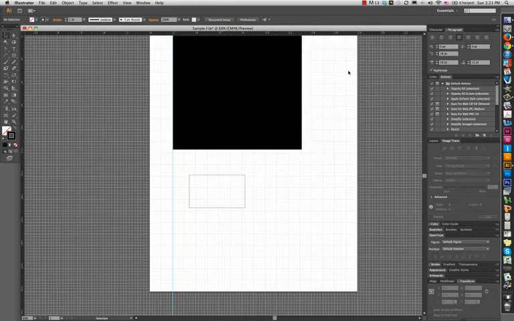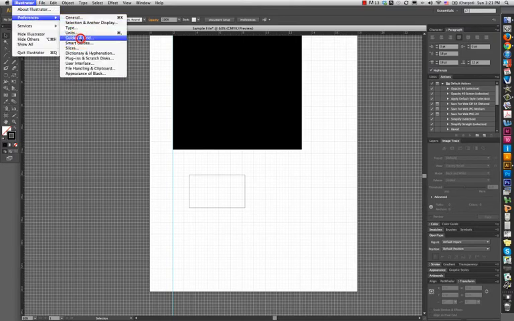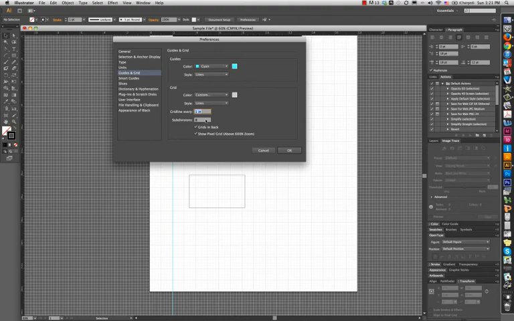So my grid is here in the background. You can see that it's set up in 1-inch increments for the major, darker lines and 1/4-inch increments for the smaller lines. Under Illustrator Preferences, Guides and Grid, you can go in and adjust how that works. So if I want a major grid line every 1/2 inch and a minor one every 1/4 inch,